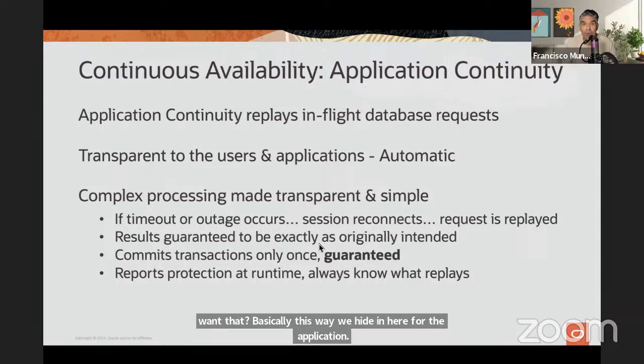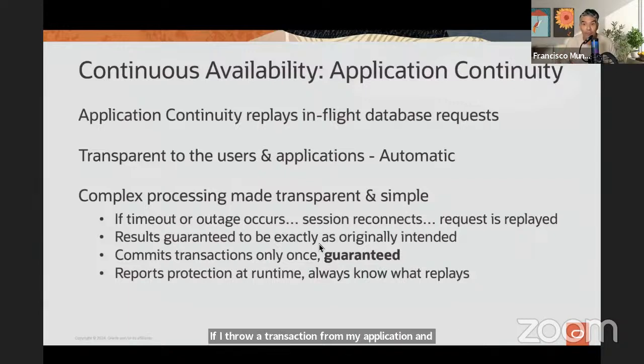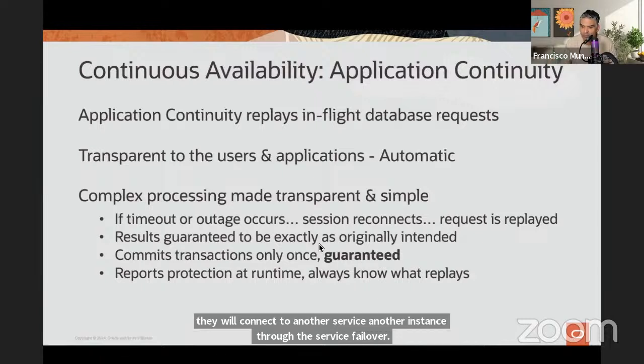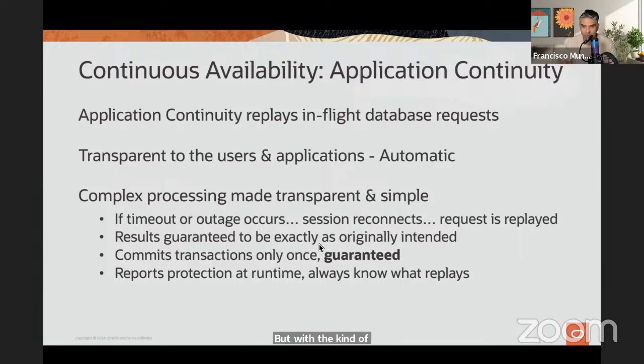If I run a transaction from my application and one node goes down where this is happening, it will return an error to the application. The application then needs to reconnect and rerun, and it will connect to another instance through the service failover. But with the application continuity part of continuous availability, if you have that level 3 enabled, the application will not get any error, because